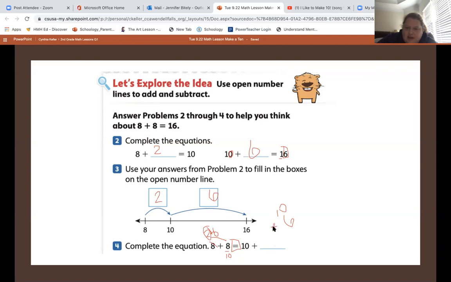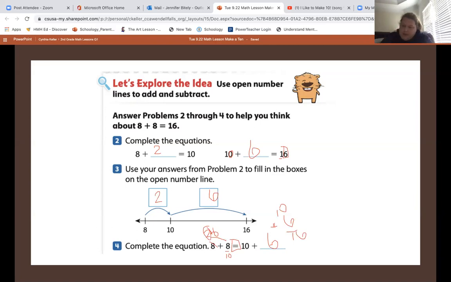Sorry, it's written up there so high. Well, 10 plus 5 is 15. 10 plus 6 is 16. So now we need to make this equal. Oh, look at that. We need 10 plus 6 to equal 16. 10 plus what? Because this has to equal this. 10 plus 6. Yes, good job if you thought of that. If you thought of it in your head, that's awesome. That's mental math and what we're trying to do. If you're kind of getting it and kind of like, that's fine. Practice, practice, practice, and we'll help you to get it, okay?